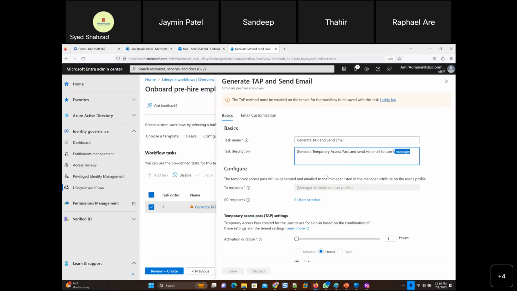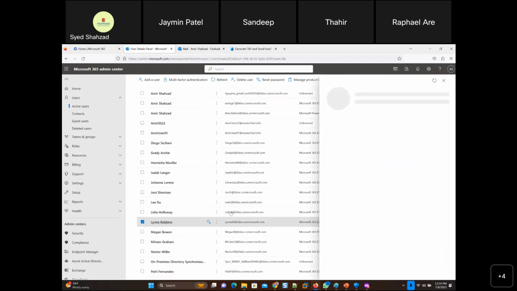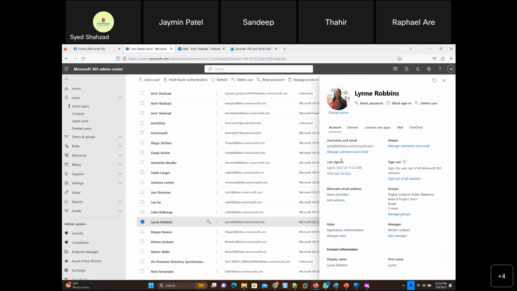Then you can just go for user's manager. Obviously, when you're adding a user in Active Directory, you have to decide who the manager is. So if I go to a user account and go to contact information, right?